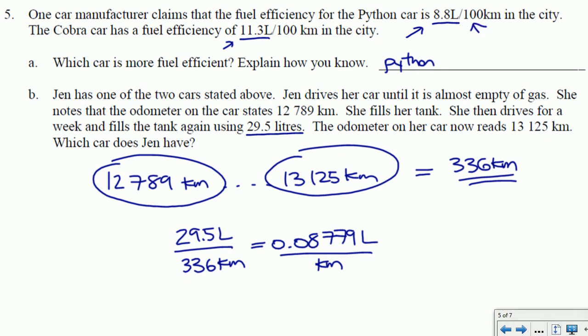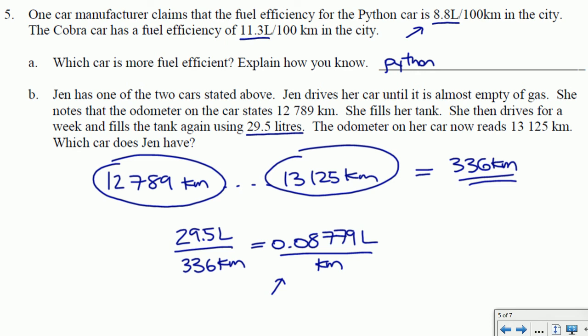So we can either convert the fuel efficiency of the Cobra and the Python as advertised to a unit rate. So basically we would type 11.3 divided by 100 and compare it to this number. And we would type 8.8 divided by 100 and again compare it to that number. Alternatively, we can convert her fuel efficiency experiment into liters per 100 kilometers so that we're comparing the same fuel